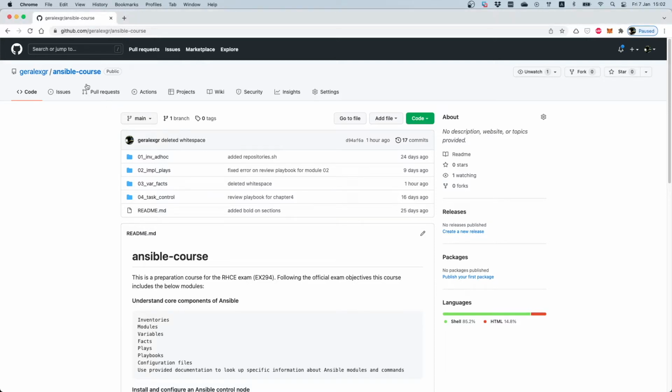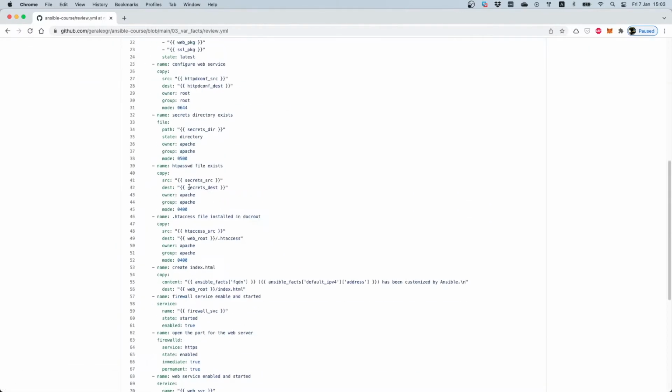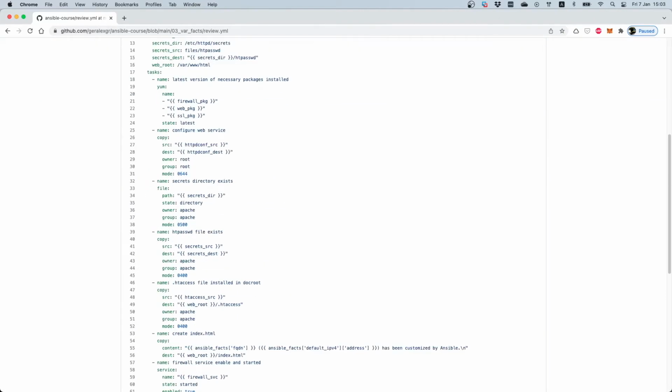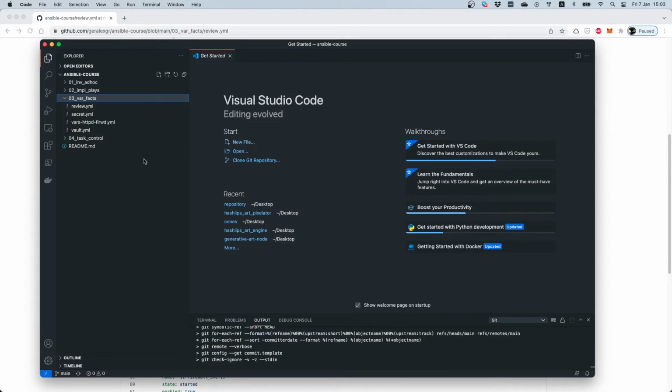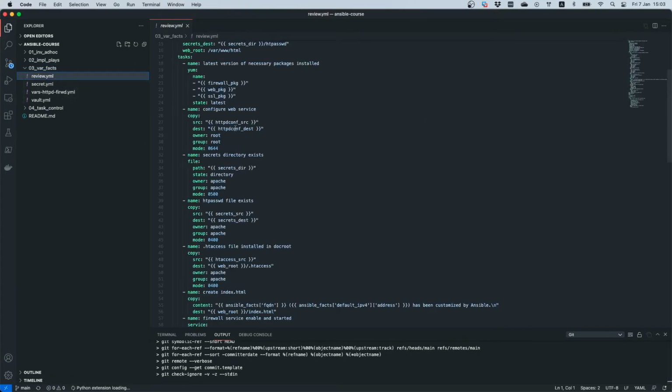As we already said, the repository is located on my GitHub account, Ansible course, and in this module, we examine secrets, variables, and facts, and as a result, the review module will include a playbook that performs an action based on these modules. Let's now open this on our favorite editor and examine the review playbook and the tasks which